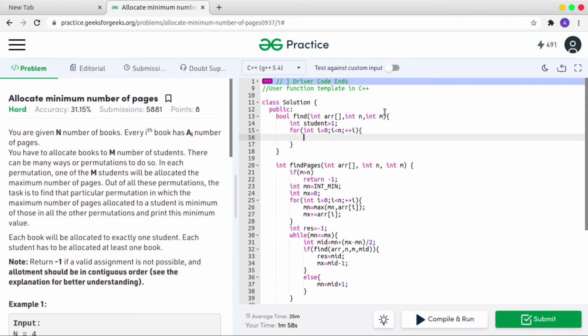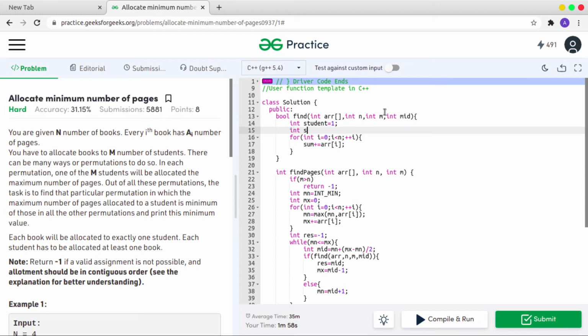Here we have to pass one more parameter, int mid. Now sum plus equal to arr[i]. Define a variable sum with 0. So what this sum is indicating is the number of maximum books a student can carry. So the maximum books will be mid.